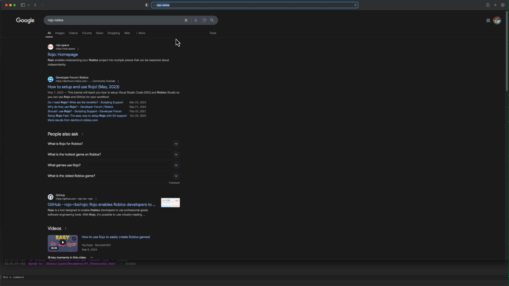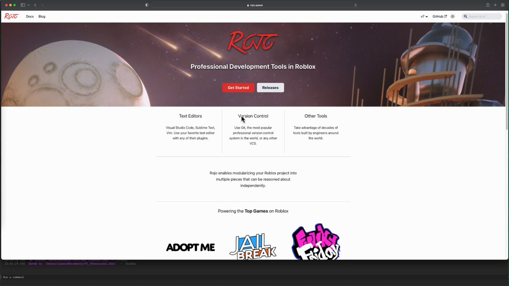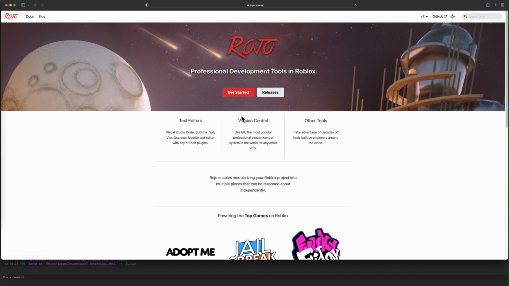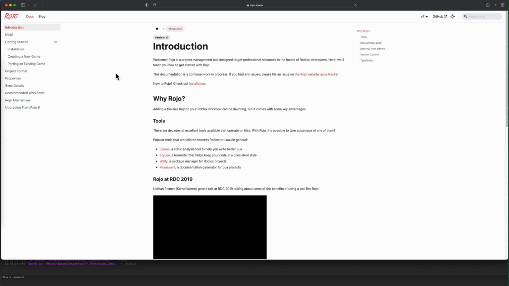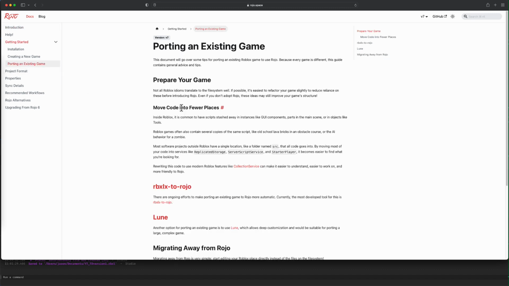So if you go to Rojo Roblox and you go to get started, it will come up with this little wiki style get started, and we want to port an existing game to Rojo. We're doing this because we want the models and stuff to come over. Your editor really doesn't care about the models,